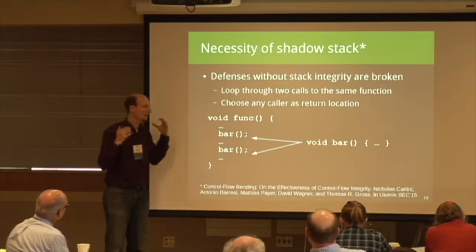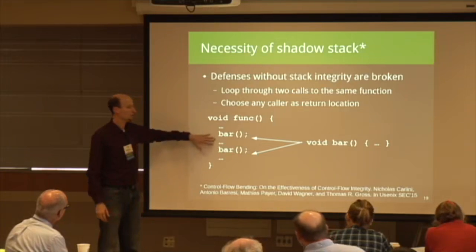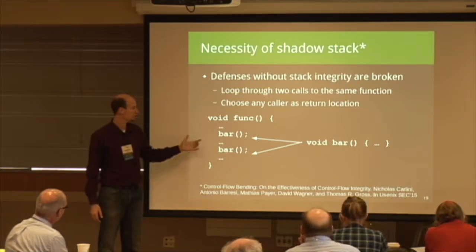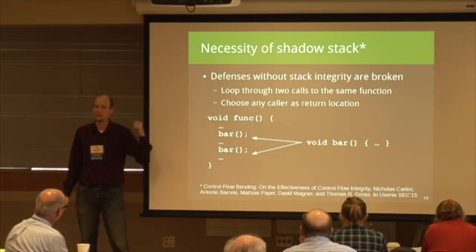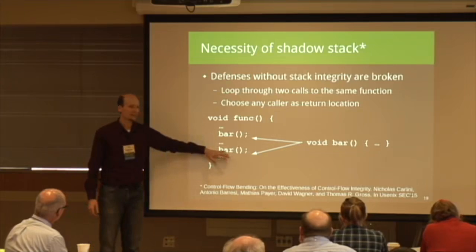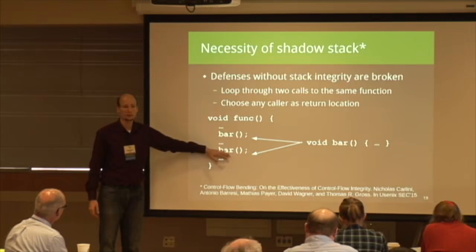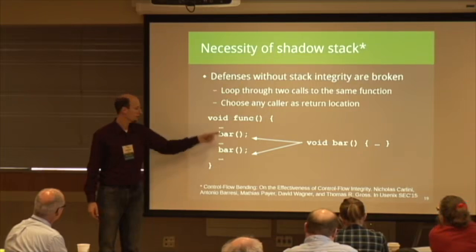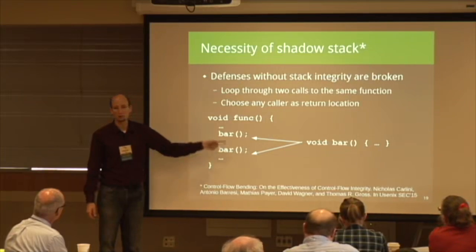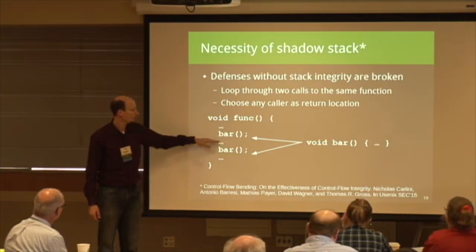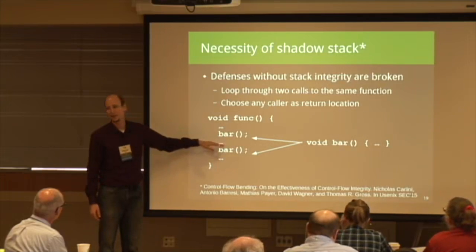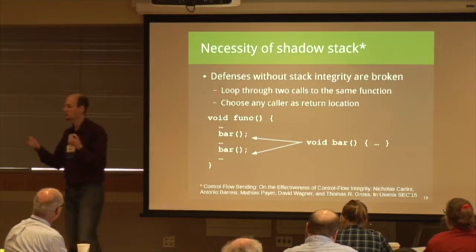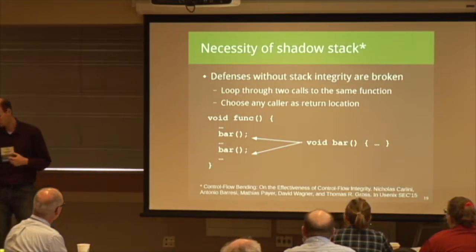Now, if you think about the attack, let's say you have two calls to bar to the same function. Now, as an attacker, in the second call to bar, you can override the return instruction pointer. And instead of returning to this location here, you're returning to this location. And the attacker has already implemented a loop. If there's some computation inside here that the attacker can modify, the attacker gains some computational capabilities.